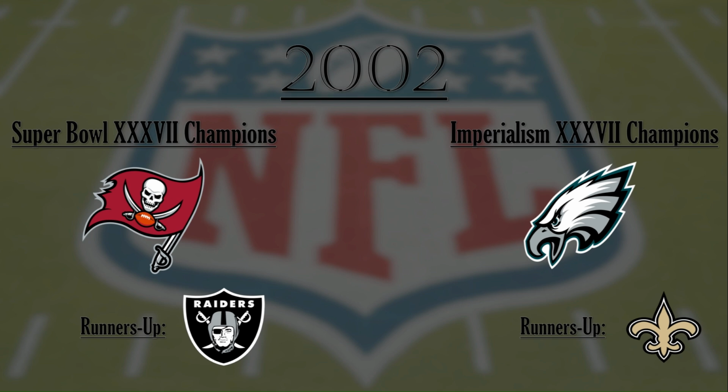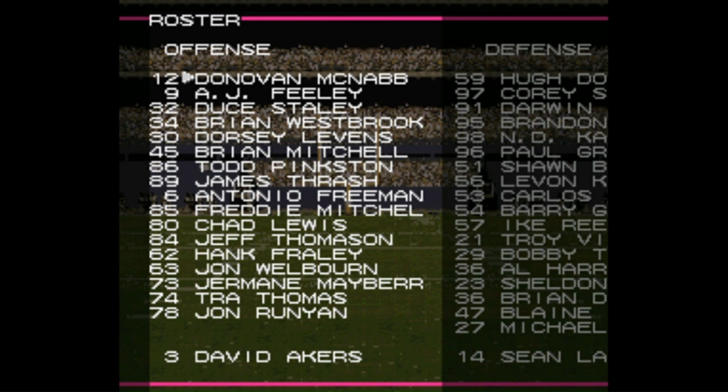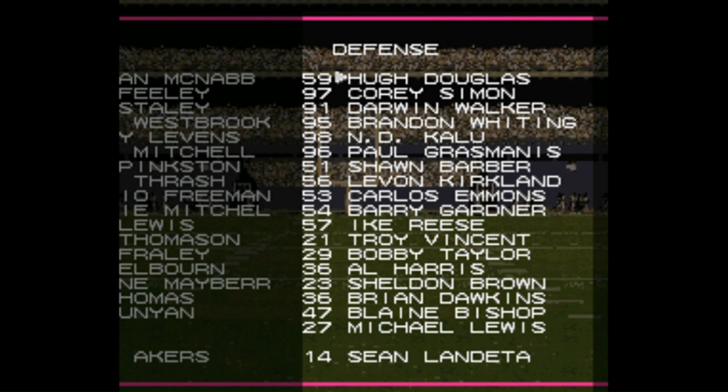The Eagles were excellent in the early 2000s, and this roster was no exception. Offensively, they ran the ball with Deuce Staley, Brian Westbrook, and quarterback Donovan McNabb, and that job was made much easier by this amazing offensive line, strong at every spot but led by left tackle Trey Thomas. On defense, the front seven was excellent, but it was the secondary that really shined, especially the corner combo of Troy Vincent and Bobby Taylor, each of them making key interceptions and, on occasion, bringing those back for touchdowns.